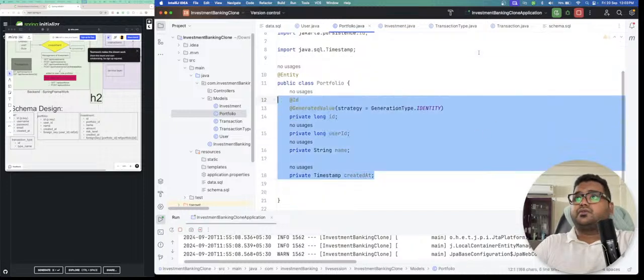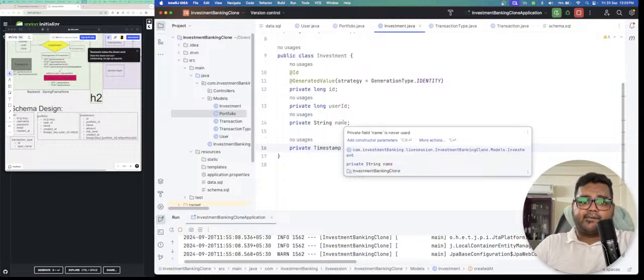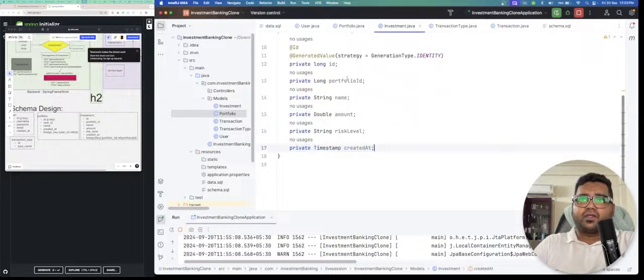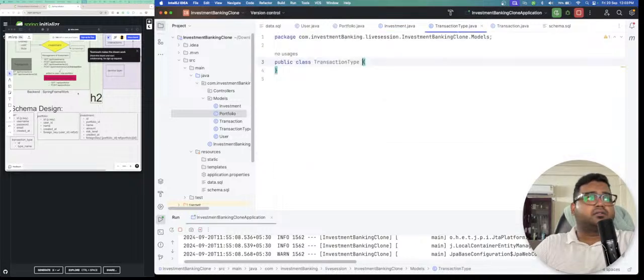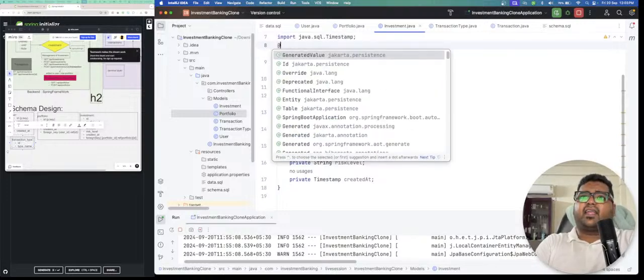and the same goes for Investment here as well. So it will be the ID, portfolio, name, amount, risk level, and created at. So Transaction type, we will be having only two, and this we can also add Entity,